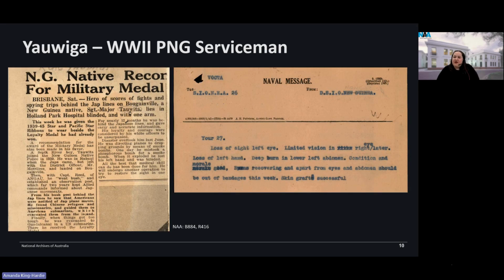It was in this role that misfortune unfortunately struck Ewing in May 1945. He mistook a phosphorus grenade for a smoke grenade, pulling the pin out. He experienced devastating injuries, including the loss of his left forearm, blindness in both eyes, and severe burns to his head and body. Here you can see pages from his service record outlining his injuries, along with a newspaper article about the incident.